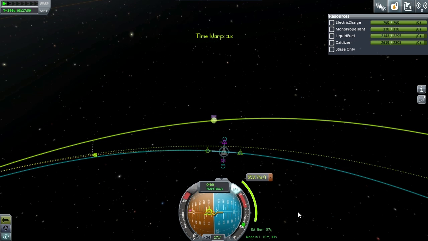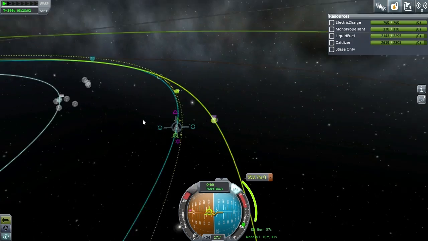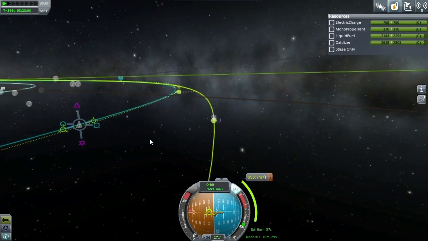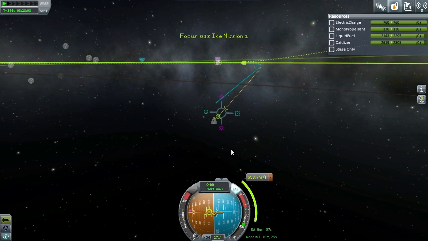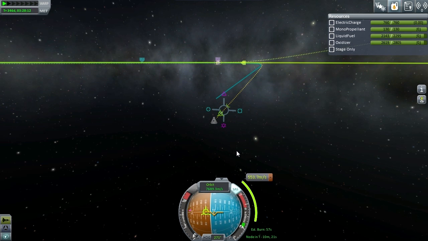Okay, I am back and we are within 10 minutes. Let's go ahead and get our position. Let's get our focus back on the ship. Find our position we need to be in. Definitely mostly prograde with a little bit of northward adjustment and a little bit of...